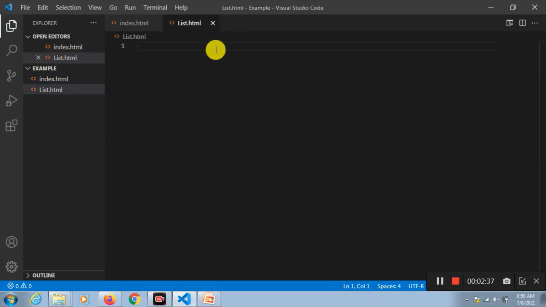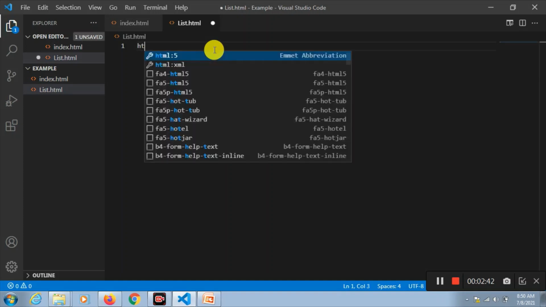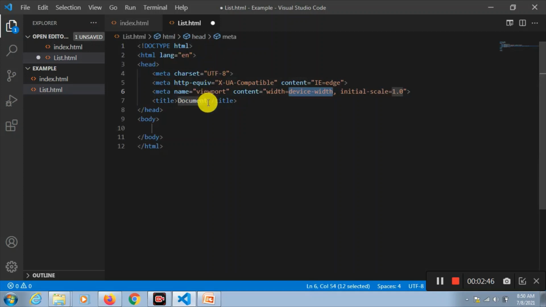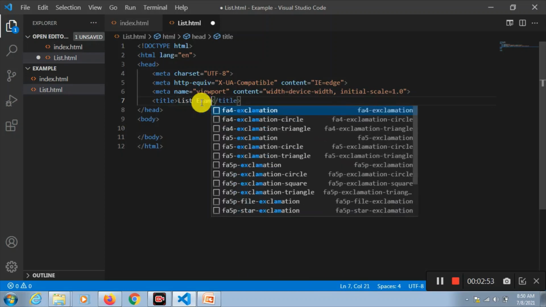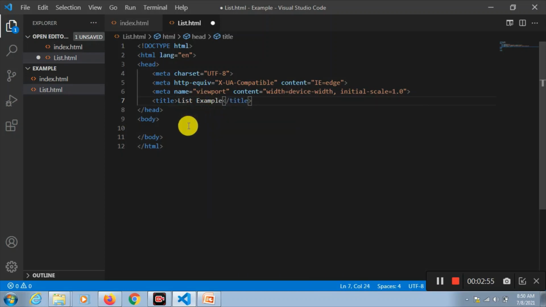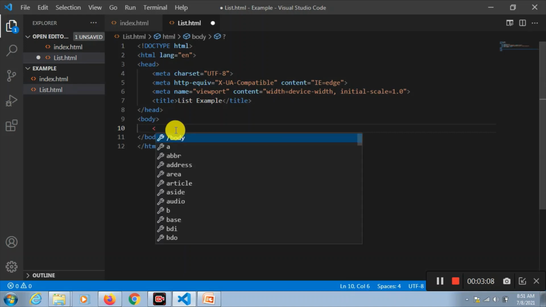This is a blank file. Similarly, we have to start writing the code. Let's change the title. And let's write a list here. First, let's take a H1 here.